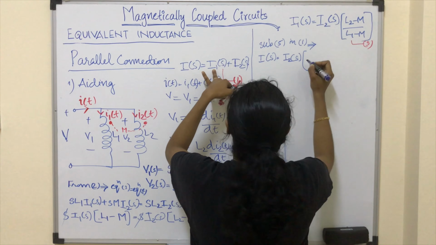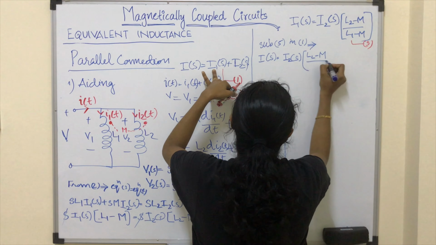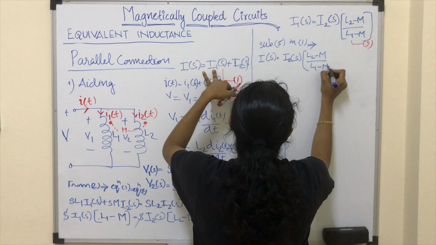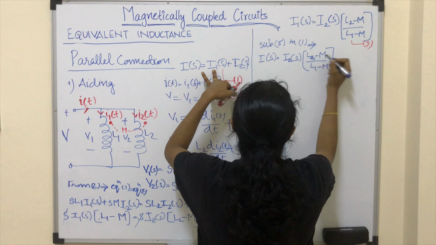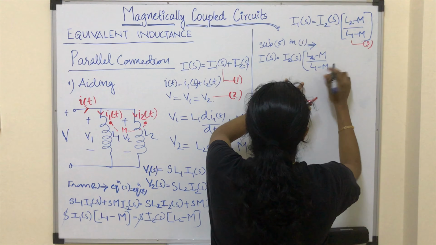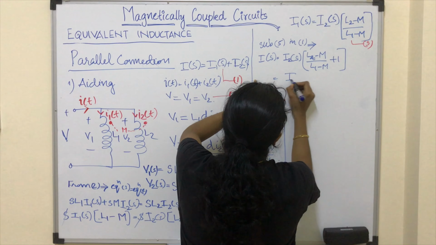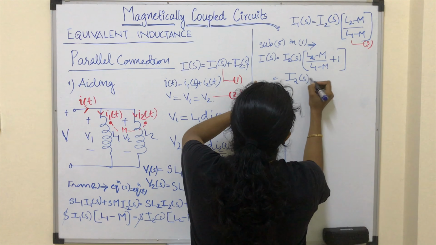We are taking I2 of S as common, (L2 minus M) by (L1 minus M) plus 1,